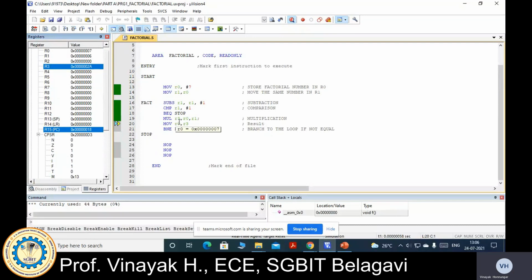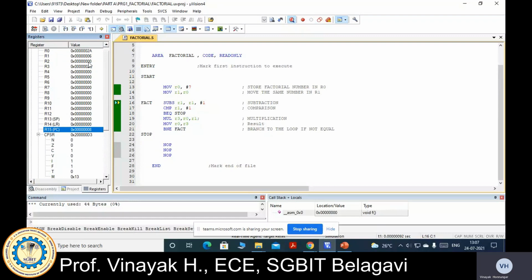Now see, this 2A has to be moved into R0 because now it has been multiplied by 7 into 6. That value I have to multiply with 5, so I have to push that value into R0. So I have taken the move instruction, and I have directly moved it into R0. Now since 6 is not equal to 1, we have to repeat it once again. So I have to take the branch on not equal instruction, then go back to here.